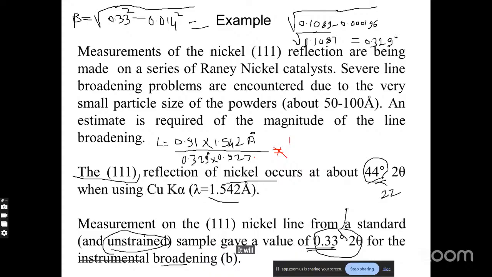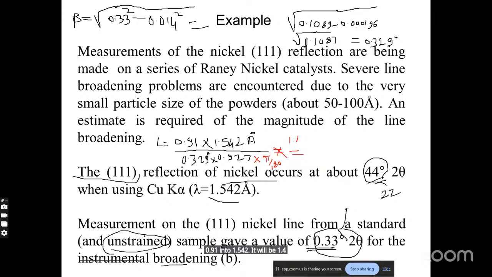It will be 0.0. So here you have to multiply it with pi by 180. So that is 3.14 divided by 180, that will be 0.0174. So you can do it at last. 0.91 into 1.4, 0.91 into 1.542. It will be